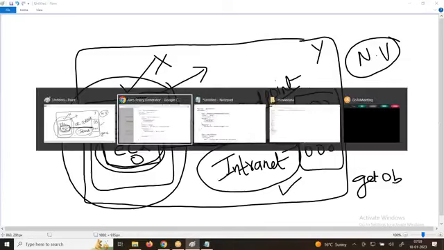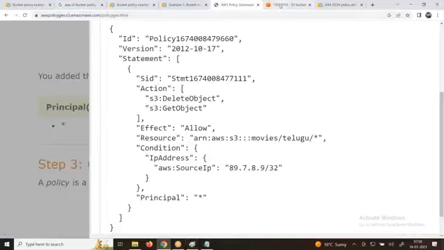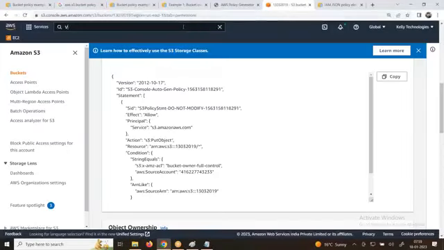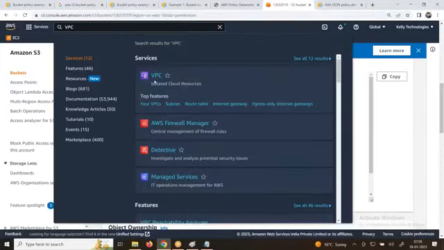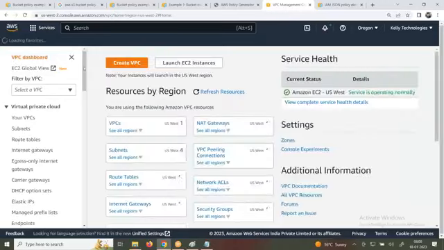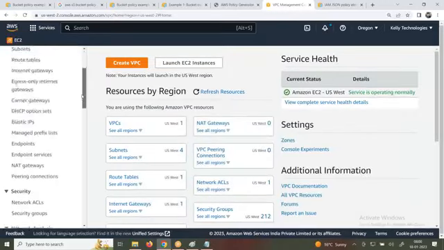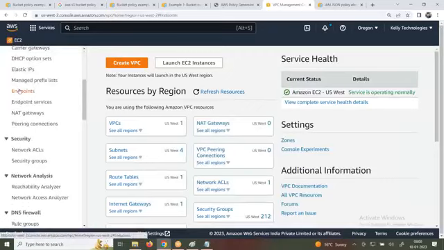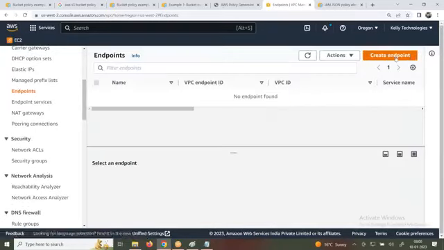Let me go and show you here. Where is the topic? Go to endpoints, and you can create an endpoint.